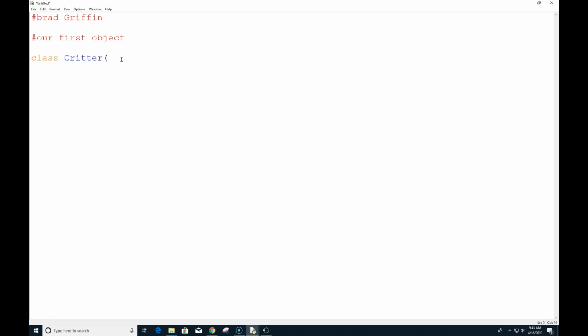It's not required. Python doesn't care if we do it all uppercase, lowercase, whatever. We're going to base that on something called an object. This is built into Python, so we already get some things in there. Once again, it's a colon, and that tab in is how we start to block this.